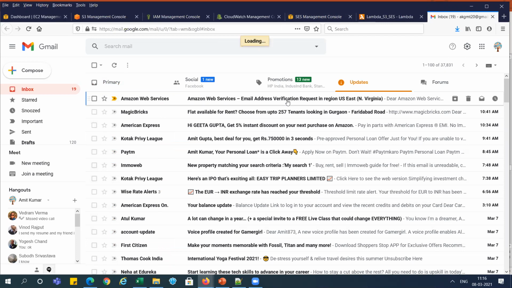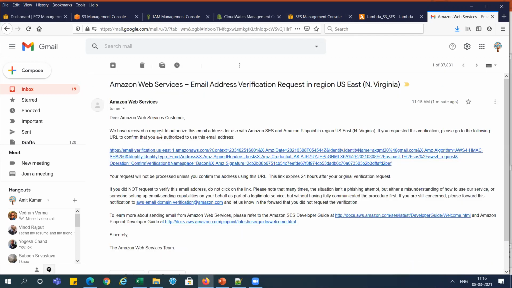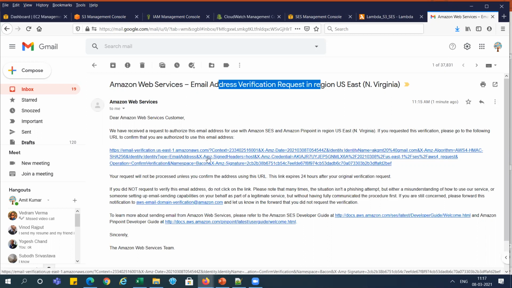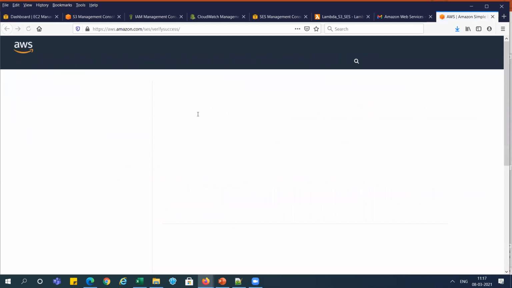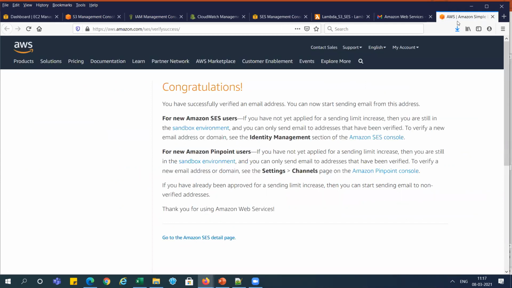So I am opening this email. You can see email address verification request, right? So you can just go and click this for verification, right? I clicked it here. This is successfully verified, right?